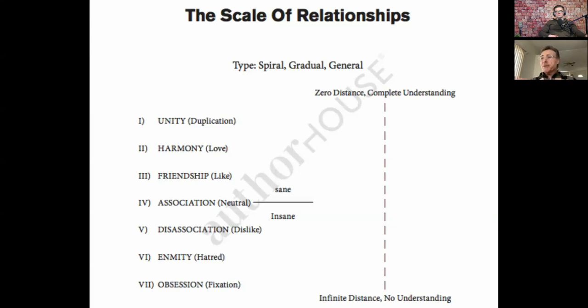So relationships are about understanding and distance. Any type of relationship, not just a romantic relationship. It could be a business relationship, could be a friendship, could be a business associate who you only see occasionally. There's some kind of a relationship there. And the better you understand the person, the closer you can be to the person. And that's always a benefit. There's never a downside to being closer. The downside is always being further away.